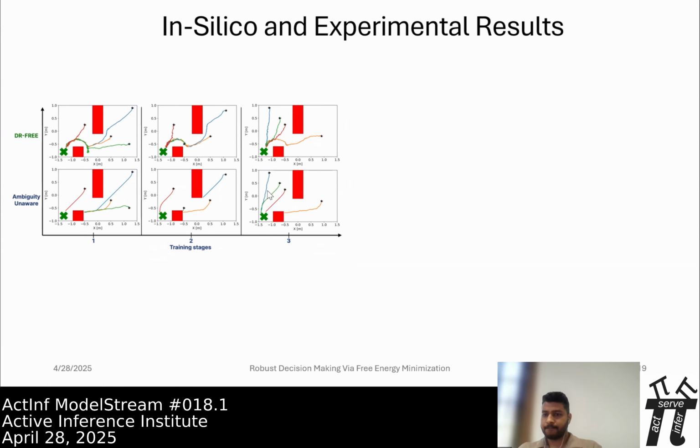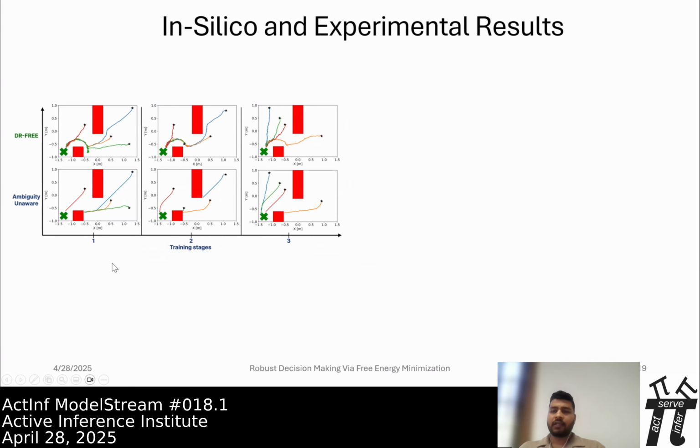I'll ask one more question from the live chat. Andrew Pashea wrote, I'm wondering what degree of computational overhead computing the worst-case ambiguity adds to running the agents. Just in this situation, what was the computational complexity or the resource use of these different stages of the algorithm? Does the DR-Free add a small overhead, with most of the computational cost being on the policy inference, or does this ambiguity add a significant computational overhead?